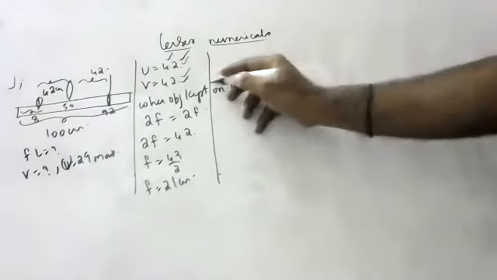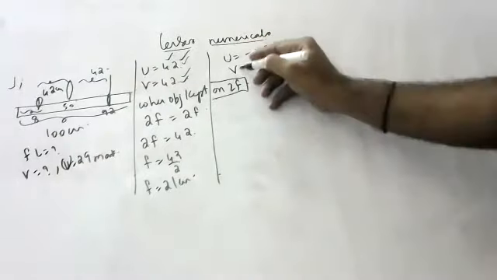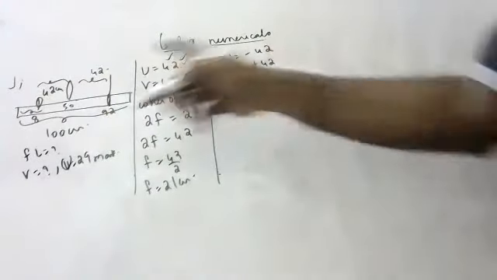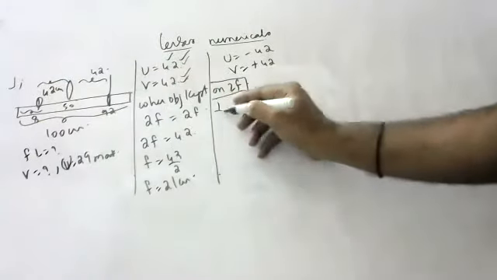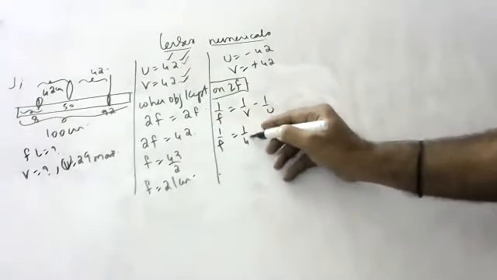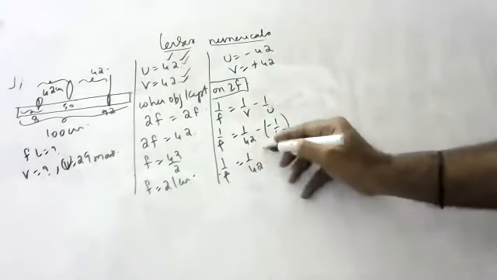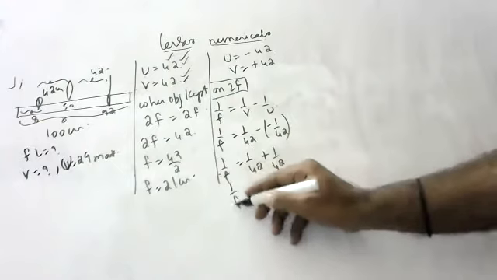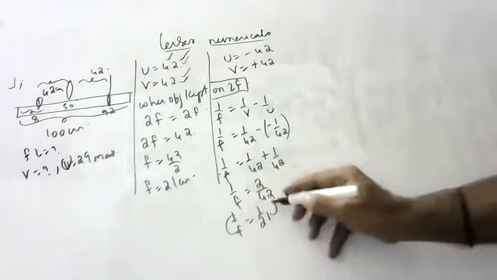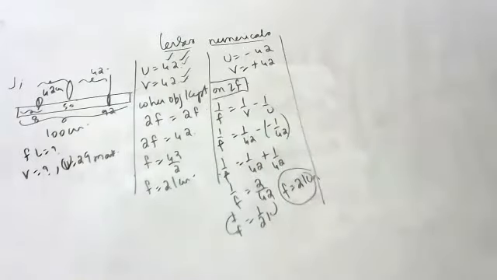Now the formula method. U, object distance, is always minus. V is forming this side, object is this side, image is other side, so you take plus 42. Object side is minus, other side is positive. So 1 by f is equal to 1 by v minus 1 by u. 1 by f is equal to 1 by 42 minus of minus 1 by 42, which is 1 by 42 plus 1 by 42, 2 by 42, 1 by 21. Reverse both, f is equal to 21 centimeter. This is the formula method.